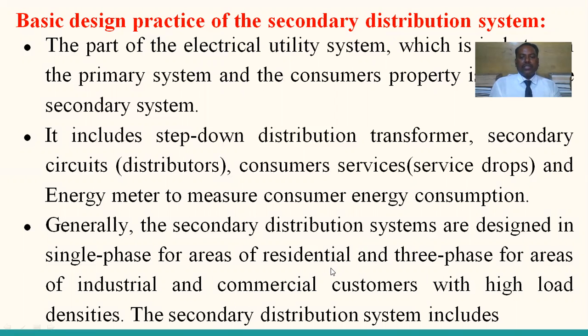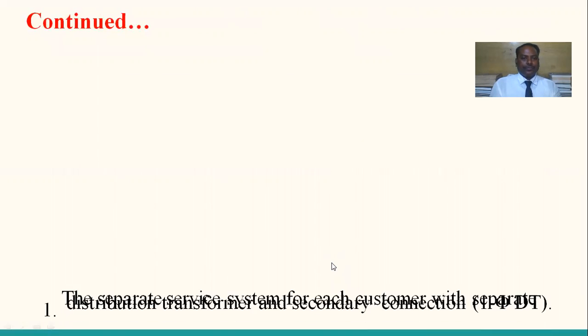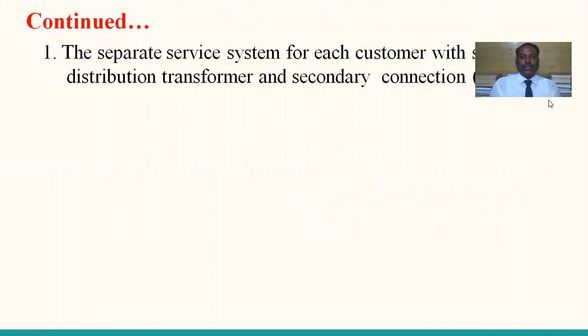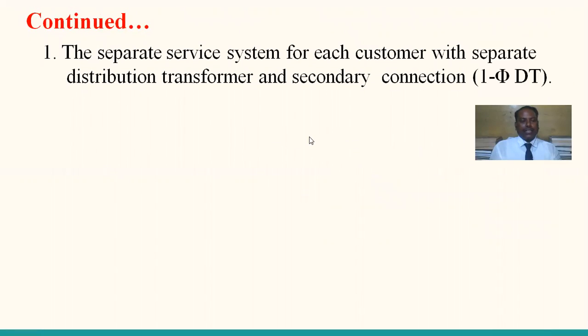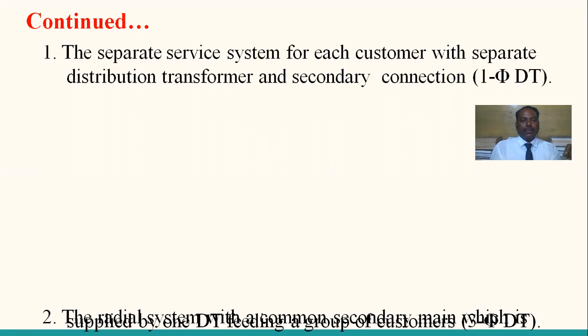What does the secondary distribution system consist of? First, a separate distribution transformer and secondary connection for each customer. This type of connection we generally observe for farmers. The farmer directly takes a single connection with a separate distribution transformer. And similarly,